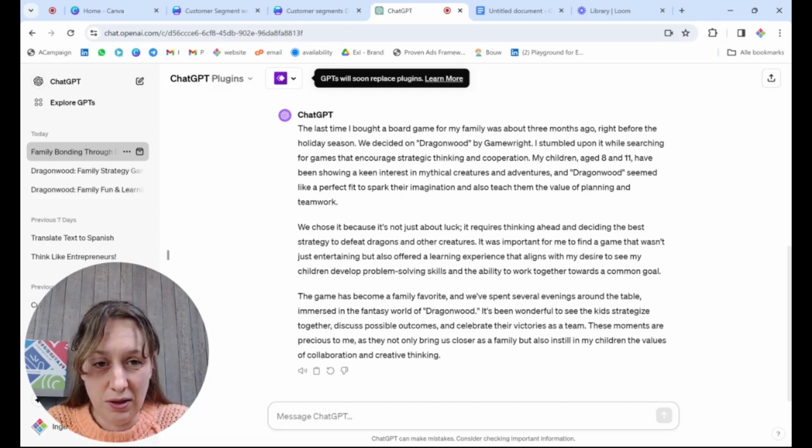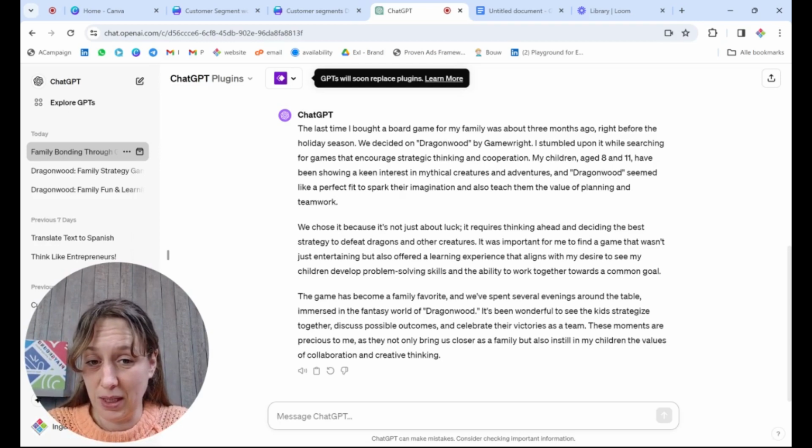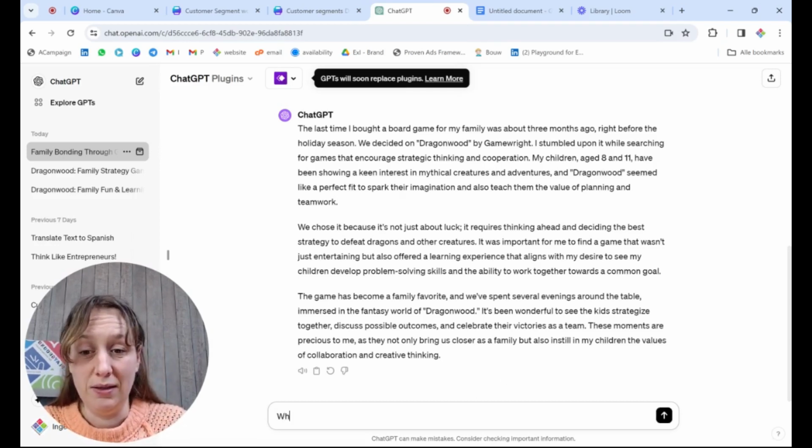They decided upon it together, I suppose. The children, 8 and 11, have shown a keen interest in mythical creatures and adventures. They chose it because it's not just about luck, it requires thinking, so that's important for Sarah. It also offered a learning experience, and the game has become a family favorite. We've spent several evenings around the table immersed in a fantasy world. Okay, so that's great. Were there things